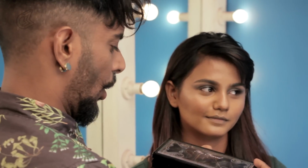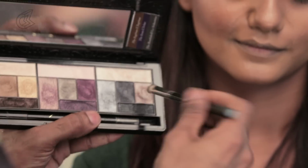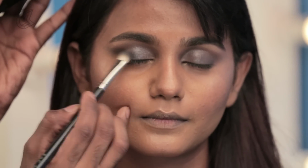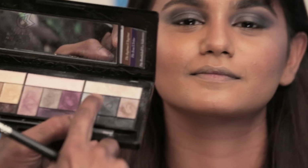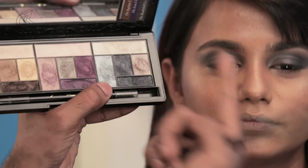So I'm going to go in with this Too Faced, The Return of Sexy palette. And I'm going to take this gray, the deeper gray. Starting on the outside, we'll just reinforce that color. Right there, the wing. All right, now I'm going to take this lighter silver with my finger, very lightly, and